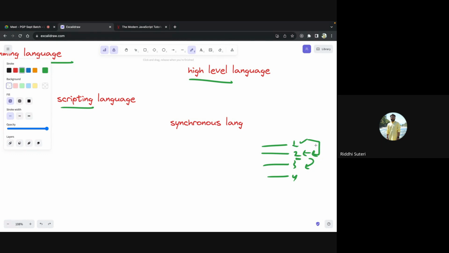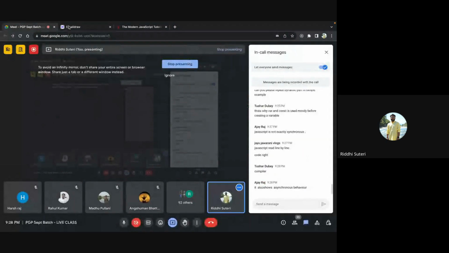Other thing which some people might have in mind: we have read something about asynchronous JavaScript also. What is that and how does it differ from synchronous? Because right now we've understood JavaScript to be a synchronous language. We do have some asynchronous operations in JavaScript, like reading a file or collecting data from an outside system, so we handle them in a very specific manner. JavaScript does have a mechanism for handling them, but in the true sense, JavaScript is a synchronous programming language. It works synchronously.